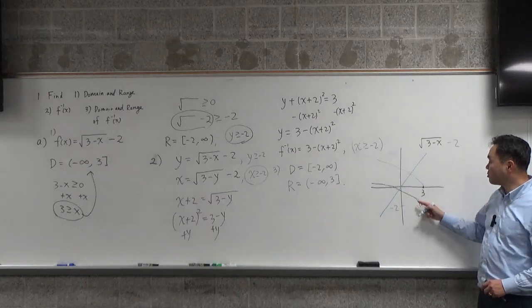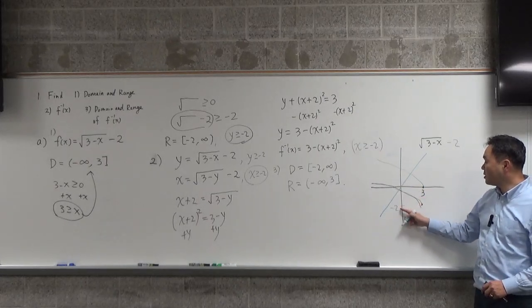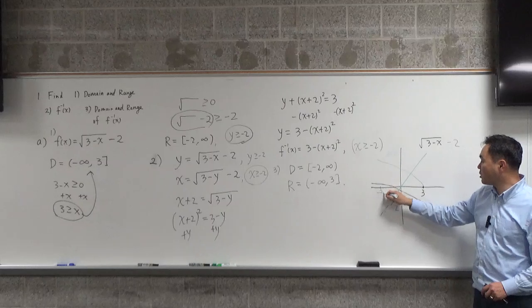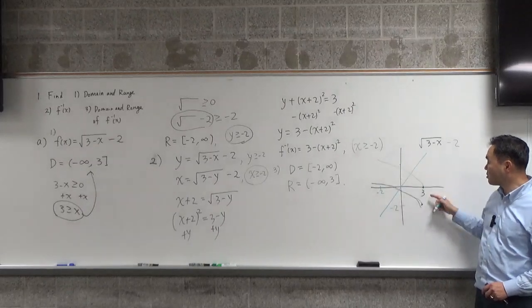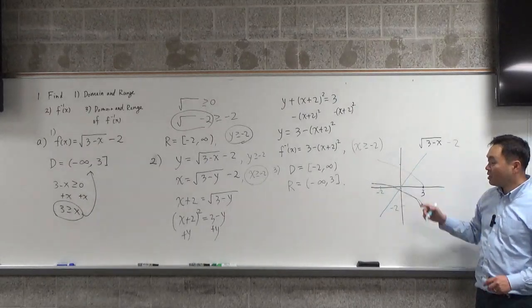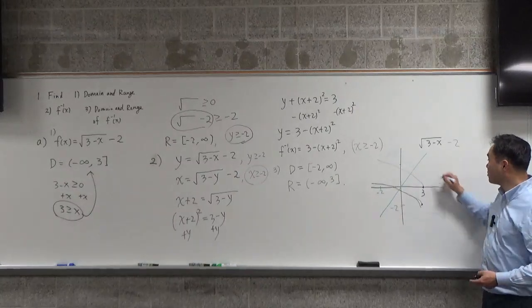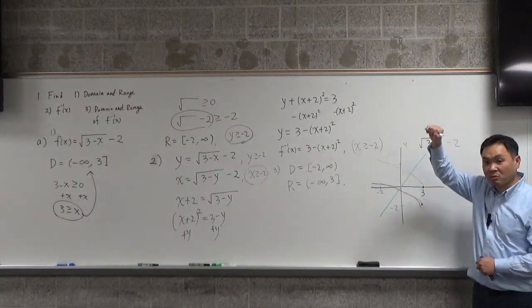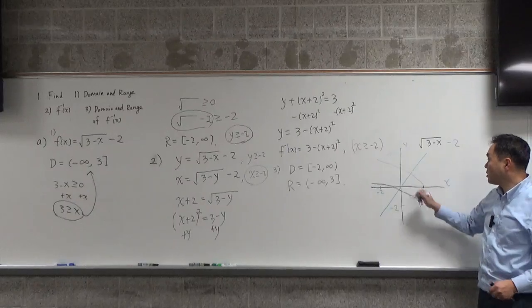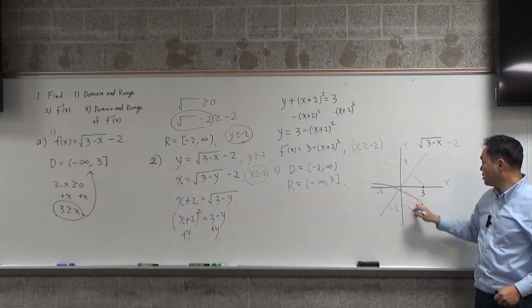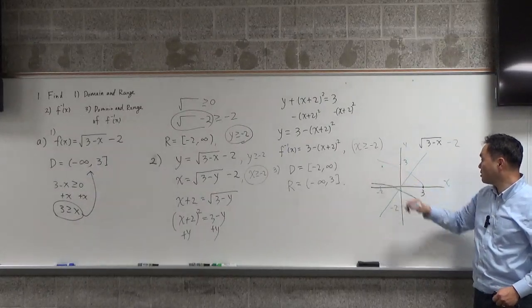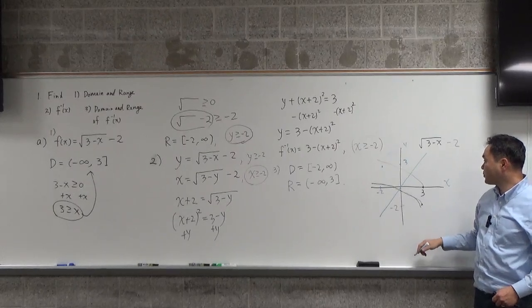If you take this and reflect over here, negative 2 becomes the x value, 3 becomes now the y value. See, 3 was the x value. X and y are interchanged, right? Reflecting over this diagonal line means you're switching x and y. So now this point goes over here, and